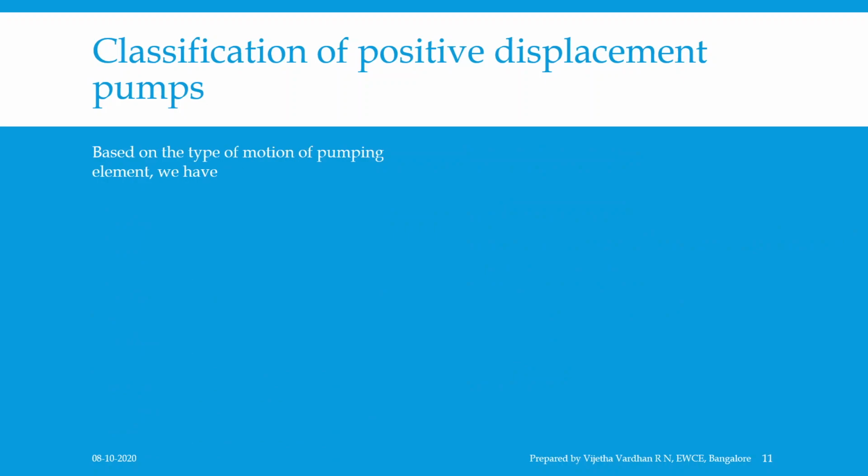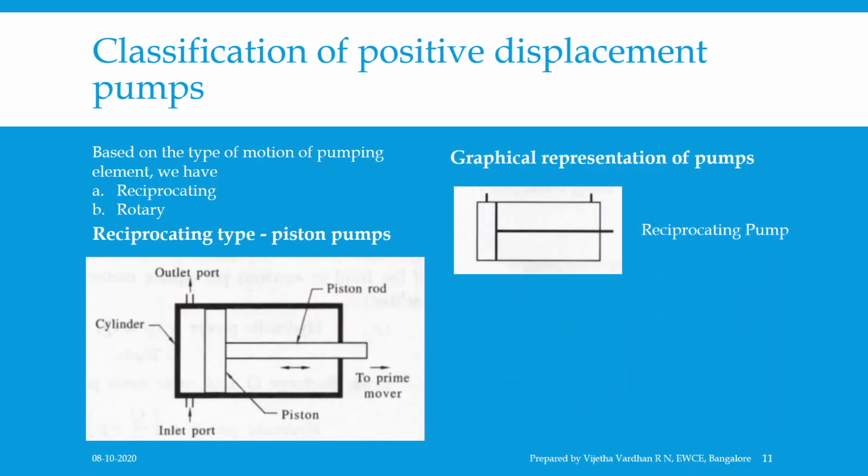Now, based on the type of the pumping element, we have the reciprocating type and the rotary type. Let us discuss the reciprocating type, that is called the piston pumps. Now, let me get the figure of the same. Reciprocating pumps are generally a cylinder with a piston operating as a pumping element, which is shown in the figure. They are available in various sizes and driving mechanisms. Reciprocating pumps generate high pressure and hence are used for specialized applications. If the reciprocating principle is used in rotary form, then they will develop a very high pressure. Such pumps are known as piston pumps.